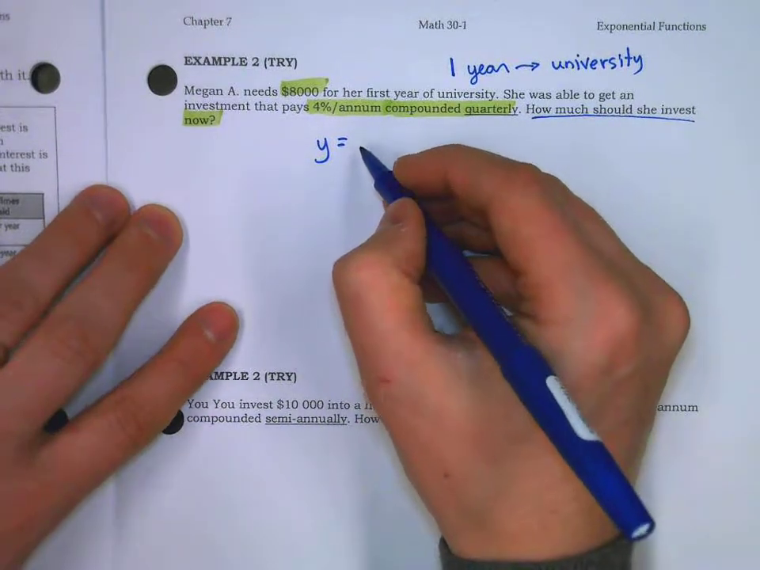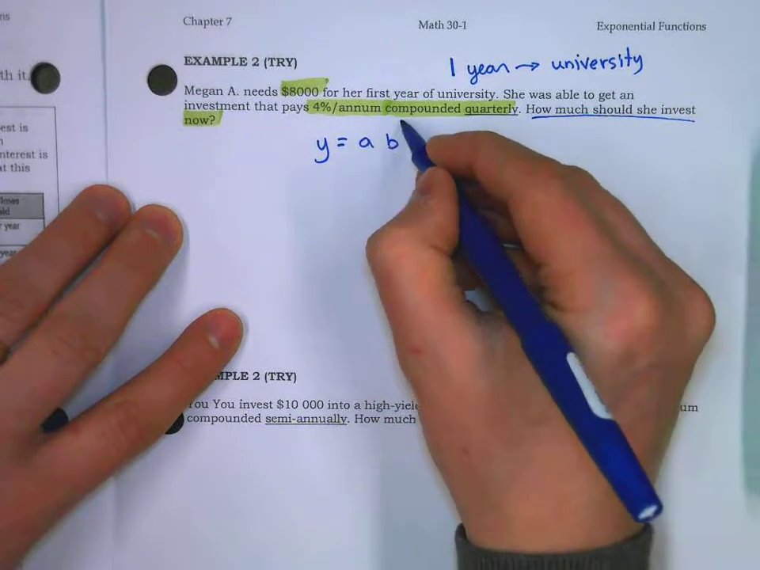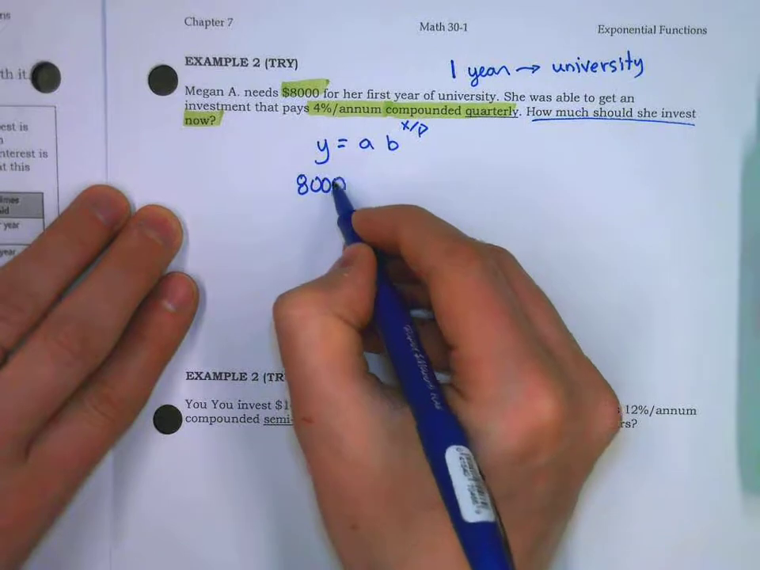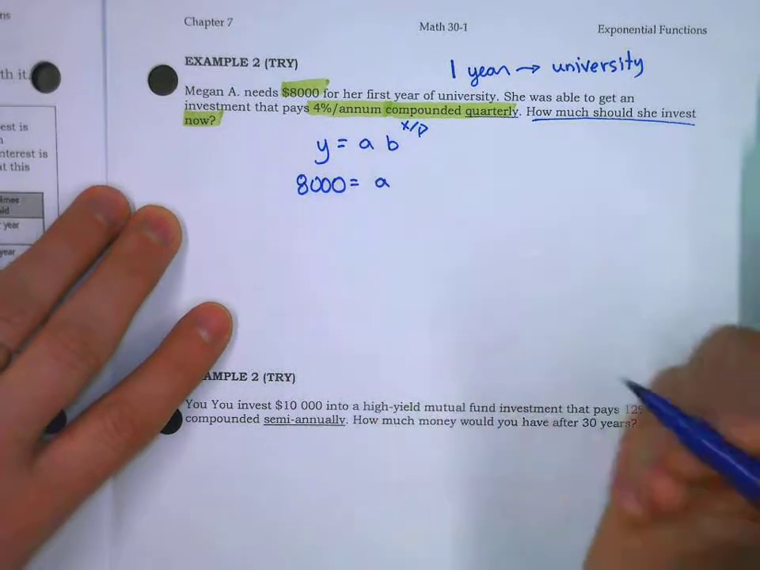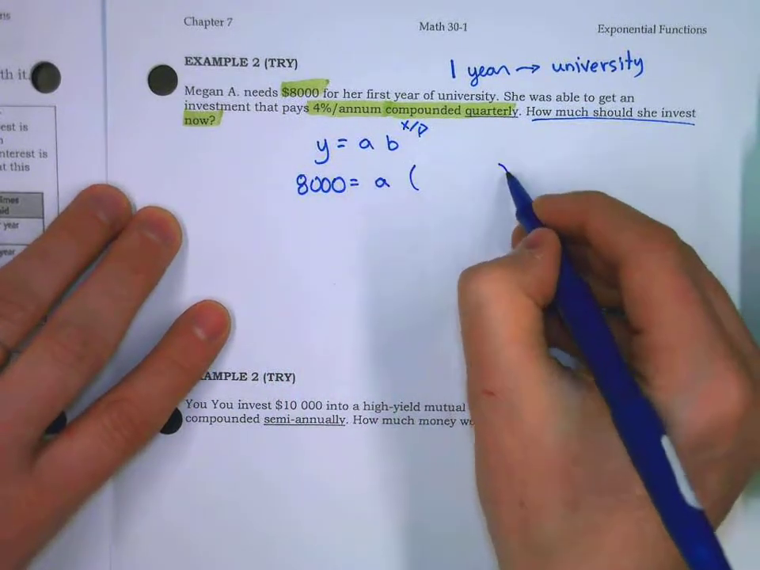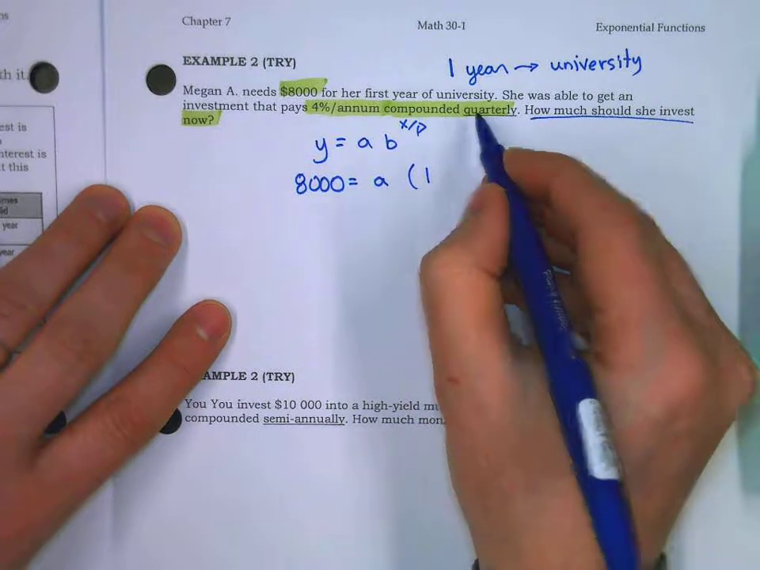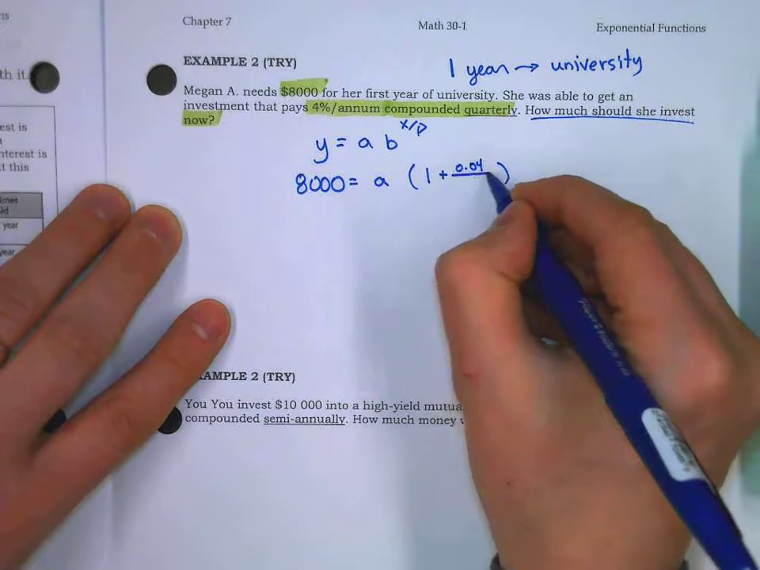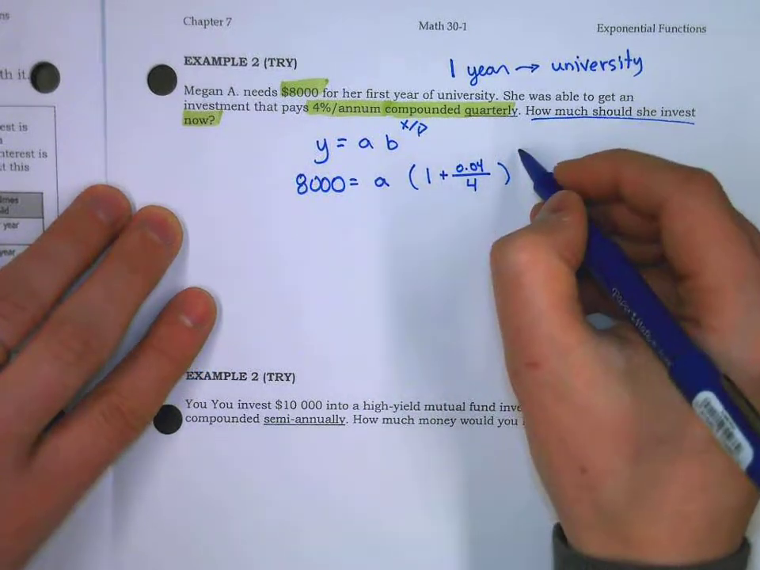So information we have is that we have A times B to the X over P. We need $8,000 as our output. Question is, what is A? And our base is saying we are compounding quarterly at 4%. So our 4% is getting broken up into 4 groups, and we're saying our